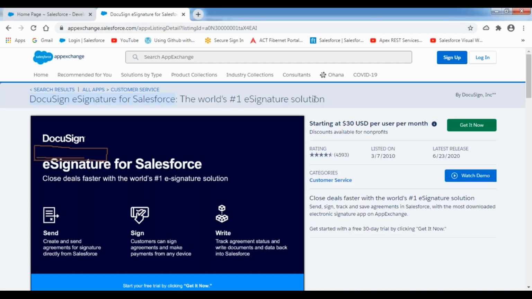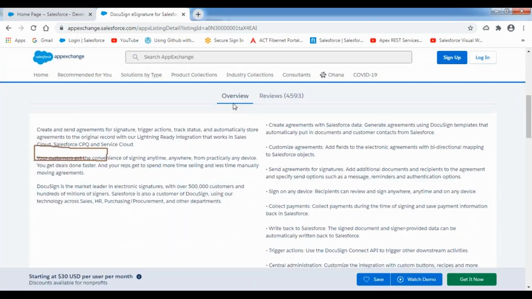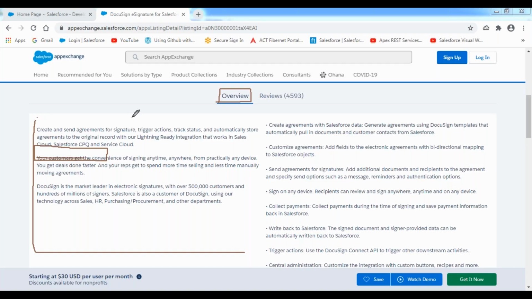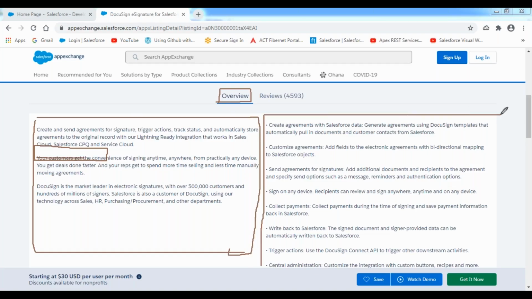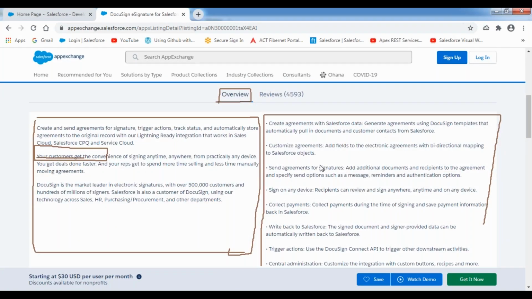Now, if you want to see the information about this application, you can go to this application. Here it is indicating the overview. Two tabs are available over here. The Overview tab indicates the complete information about the application. What exactly the application is, what features are available, what modules are available, everything they describe. We can see the whole information about the application. This is the basic documentation about this application over here. And then